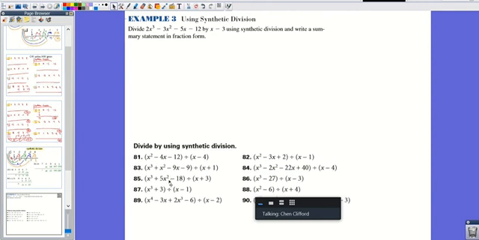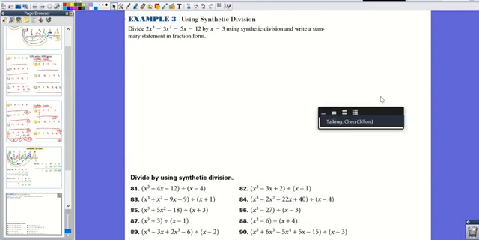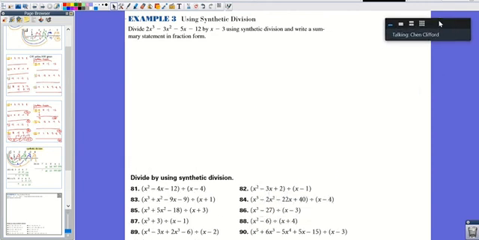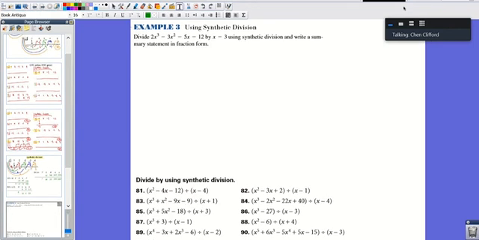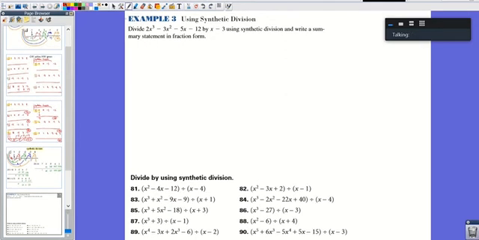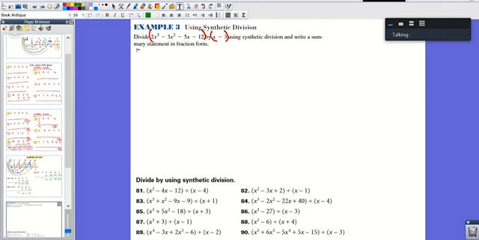Okay, so synthetic division is basically a way to check if something is an x-intercept. Here's a way of phrasing this question. They can phrase it like this: divide this by that using synthetic division, or they can also phrase it like this: